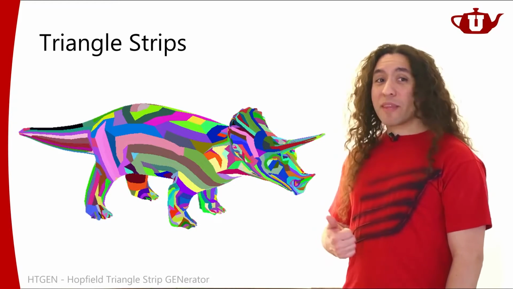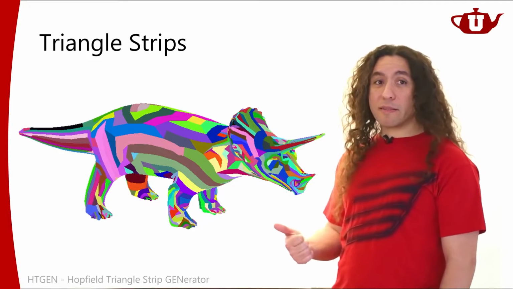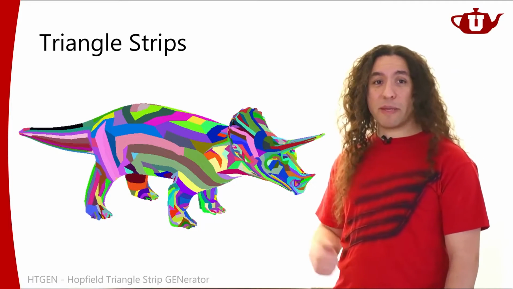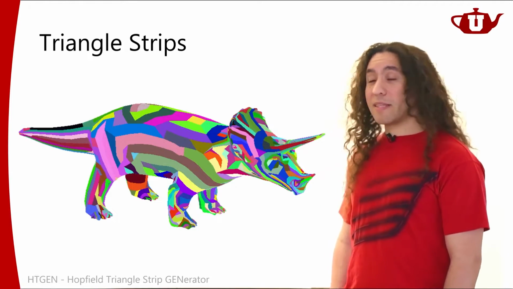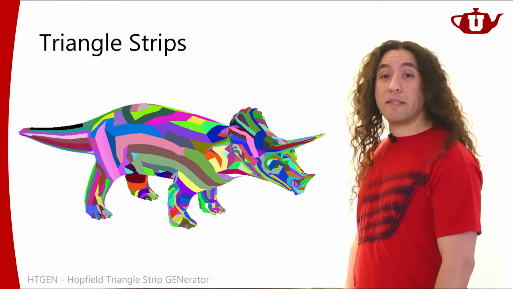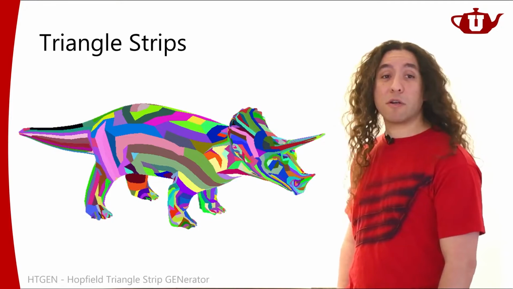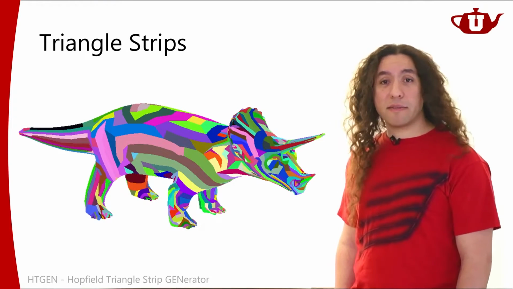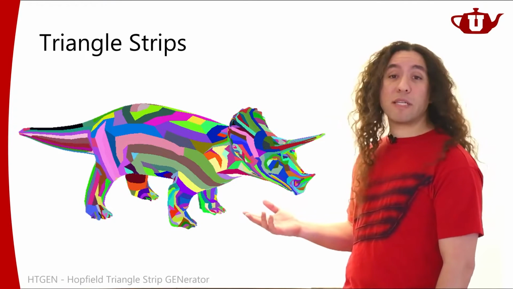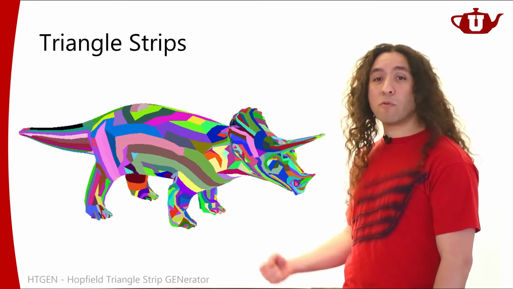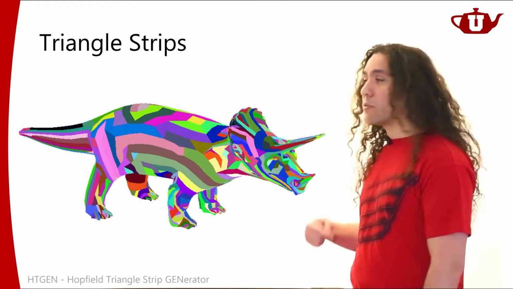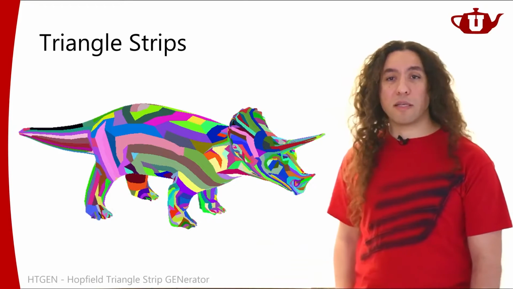once. Now, this is going to be the most efficient way of handling this. This is going to be the most efficient way of rendering triangles. But this requires you to generate these strips. So you get your triangle mesh data, and then you're going to need to form these strips out of the triangle mesh data. Ideally, you would like to have one continuous strip that draws the entire object.